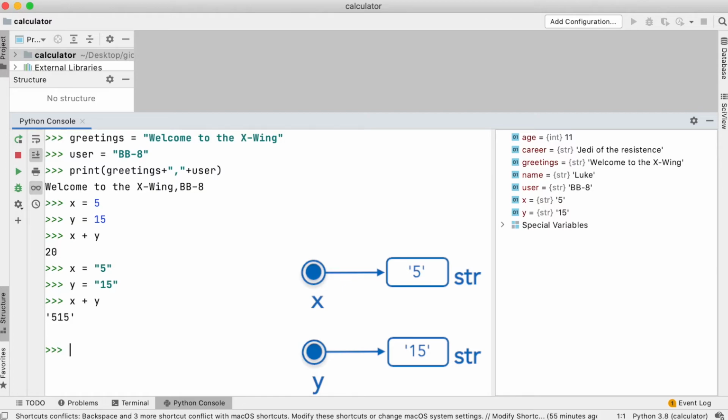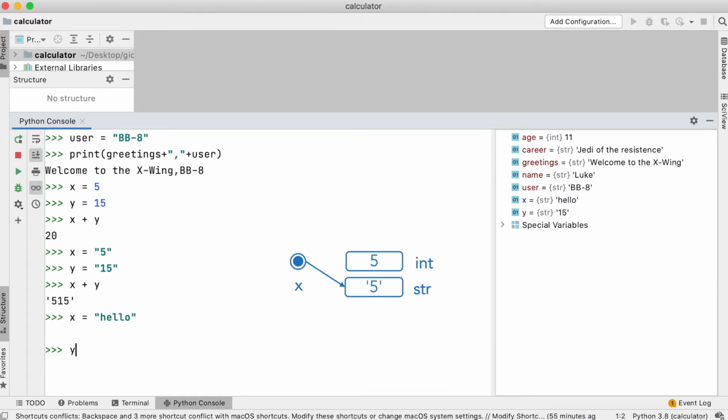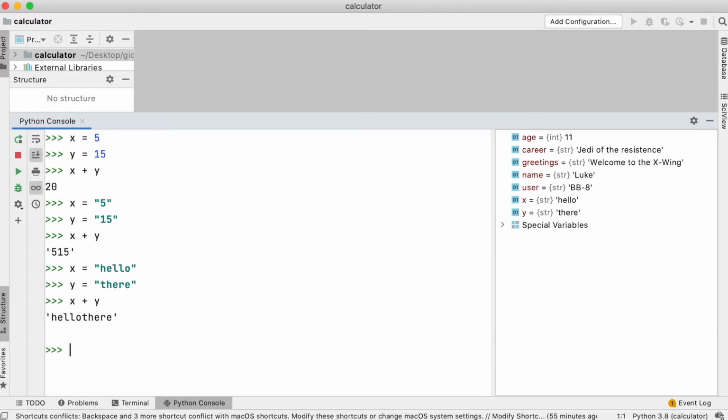As pointers to data or objects, variables in Python can point to another object of a different type. You've seen that variables x and y initially refer to numbers, but later point to strings. In other programming languages, especially strongly typed languages such as C++ and Java, each variable has a specific type which